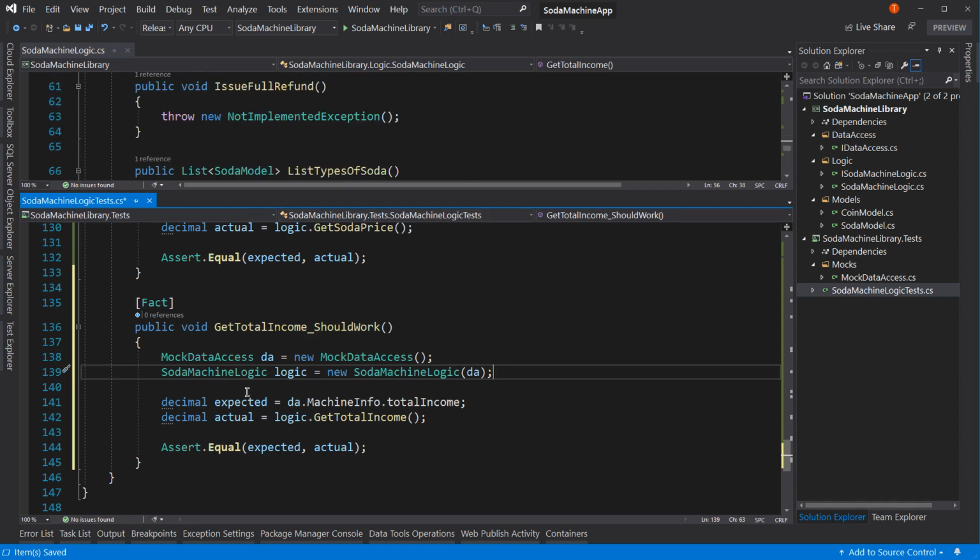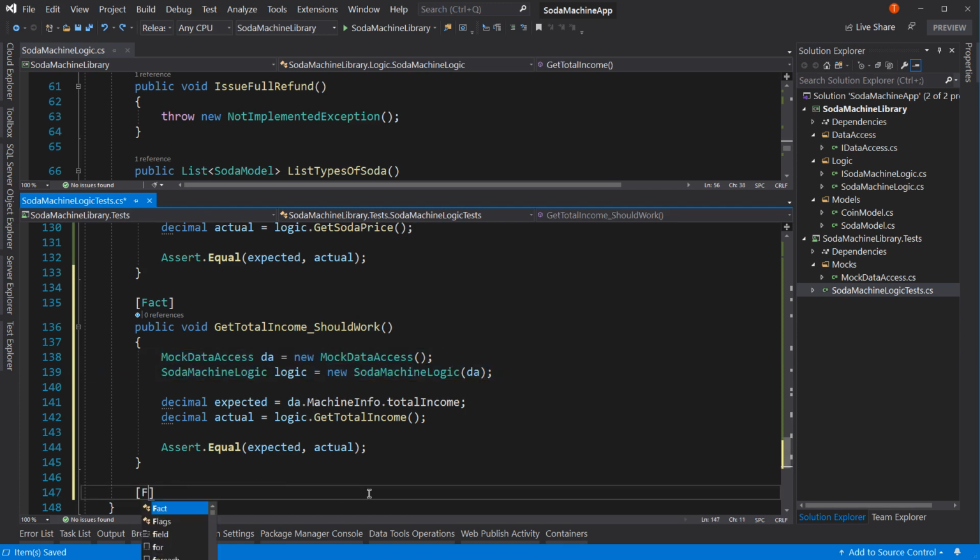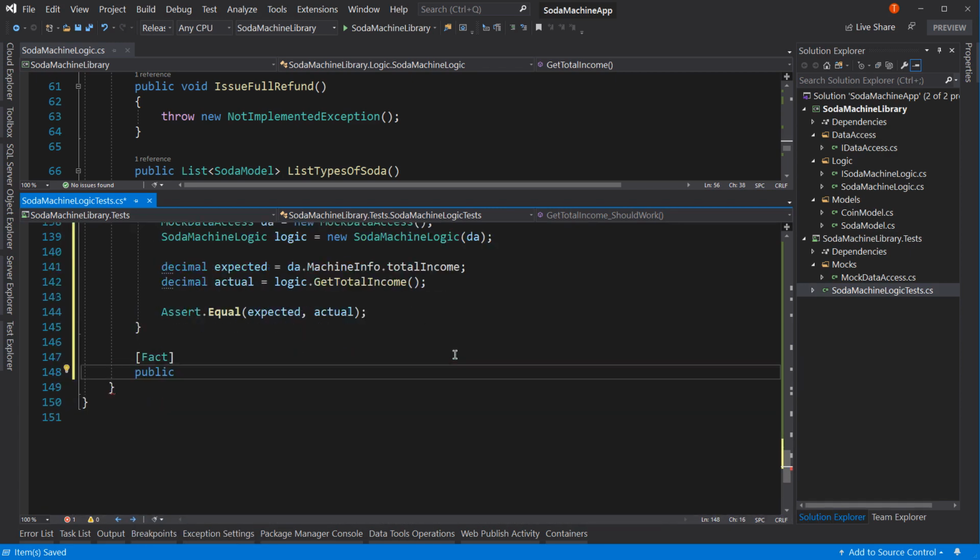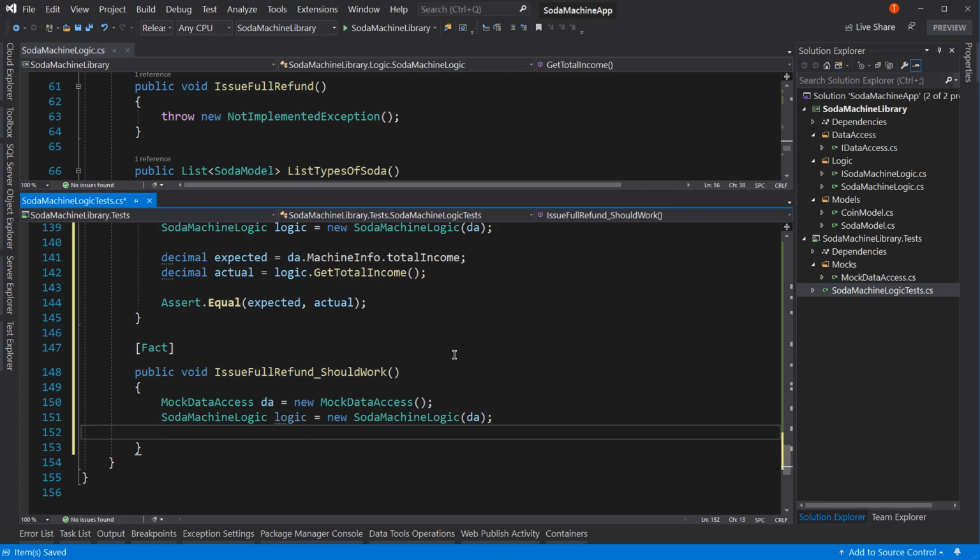All right, issue full refund. Let's just, oops. Let's paste in just this. So we're gonna start with fact, and then we're gonna say public. Let's scroll up a little bit. Public void issue full refund should work. Like so. We'll paste in our setup code. And now what we're going to do is